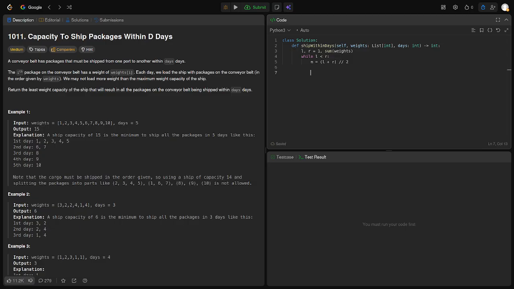Now we can do current and shipments. For weight in weights, if current plus weight is over M, then, if weight is over M, then can't is true, otherwise can't is false.